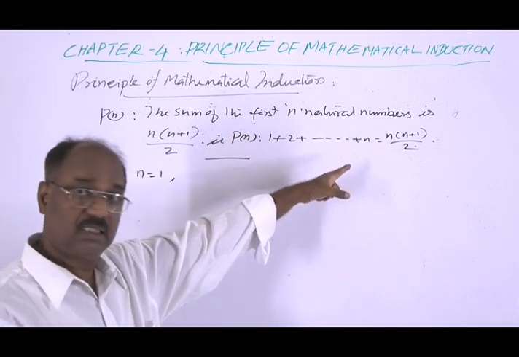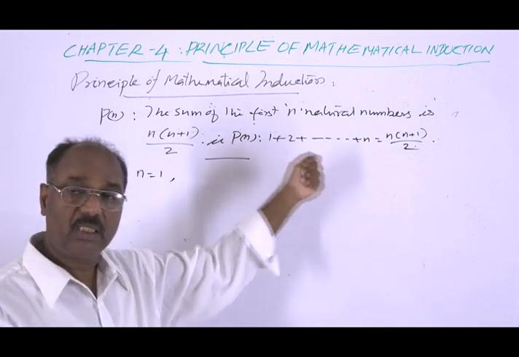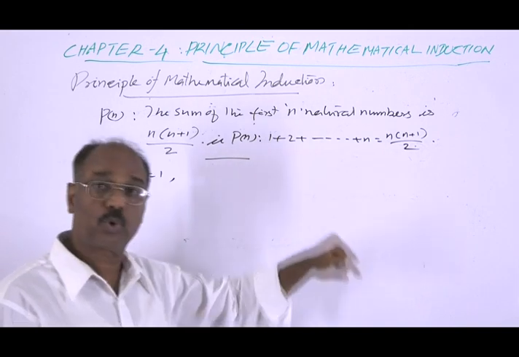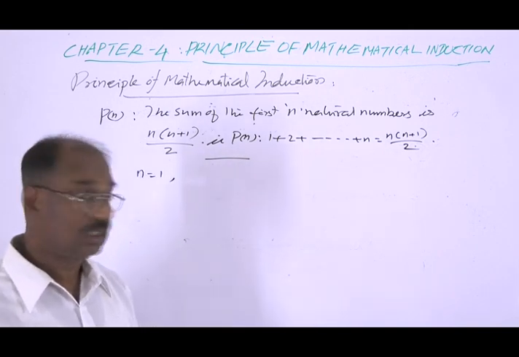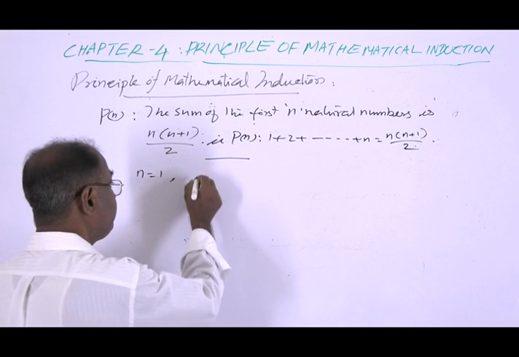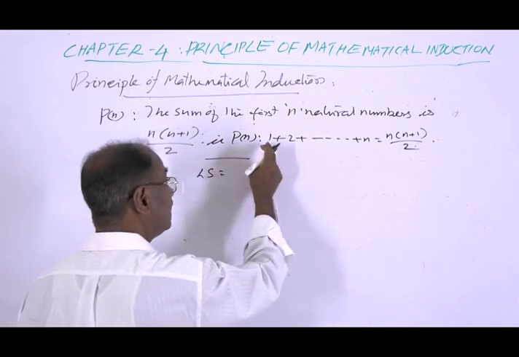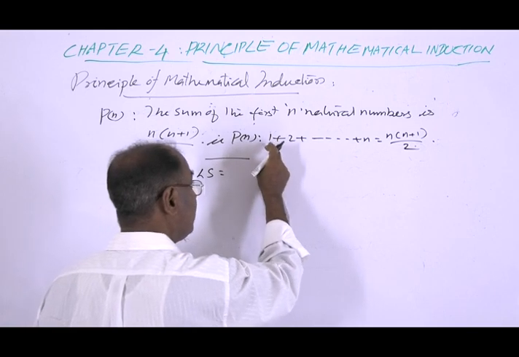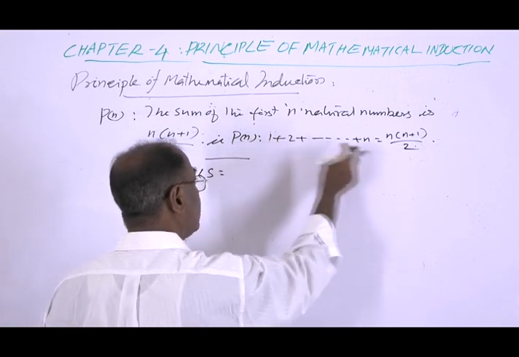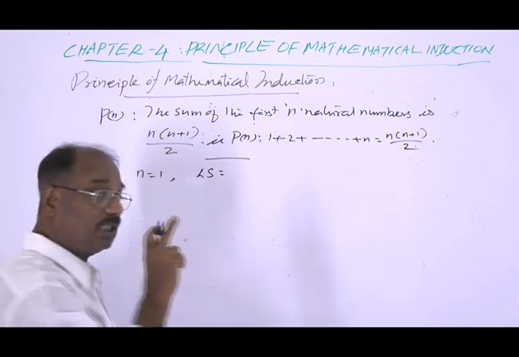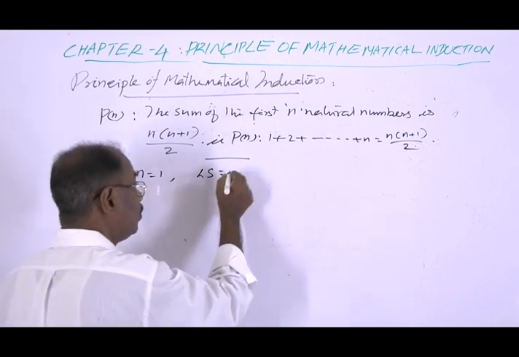This is a result, an equation, a formula. So left side equal to right side. Prove it for n equal to 1. For n equal to 1, the left side is the sum from 1 to n. If n equals 1, there is only one term on the left side, so